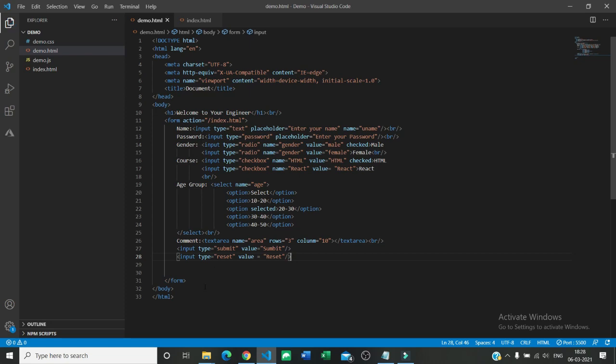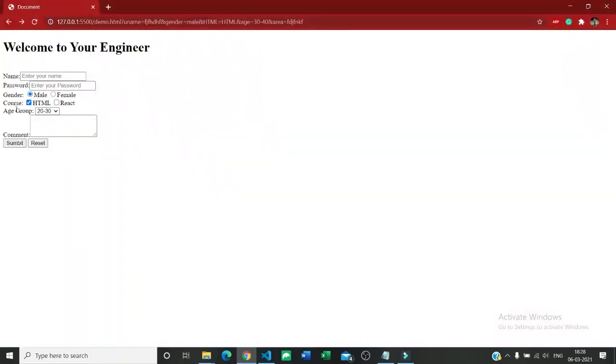Now save it, and we saw that we got a button with reset. So now when I enter something, when I enter a password, select something, reset will do this: when I click on reset, everything disappears and this form will come back to its default position. That's what the reset button does.